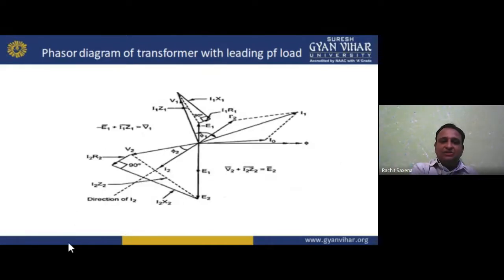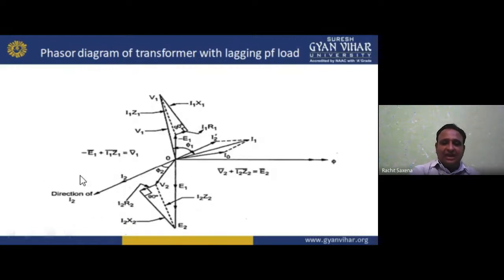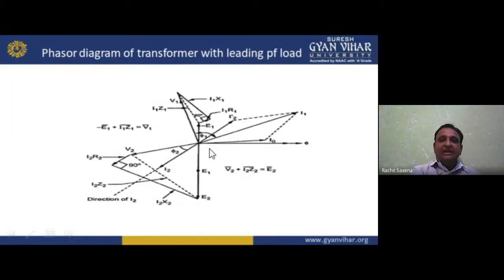In leading power factor, now see. In leading power factor, basically I2 leads with respect to V2. So we can make I2 dash on the opposite side, and we can make the impedance triangle on both sides. Because we have R1 plus jX1 for the primary and R2 plus jX2 for the secondary. So Z1 and Z2 we can make with the help of the impedance triangle, in which R is the base, X is the perpendicular, and Z is the hypotenuse. So we have three cases: unity, lagging, in which the current is lagging, and then leading power factor. I hope you understand the phasor diagrams in all three cases.